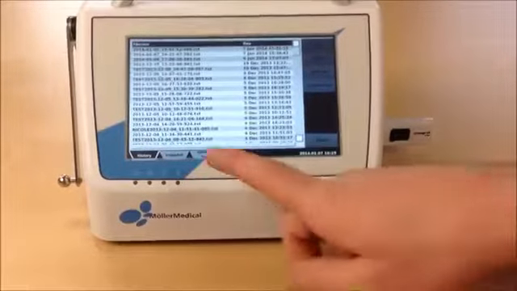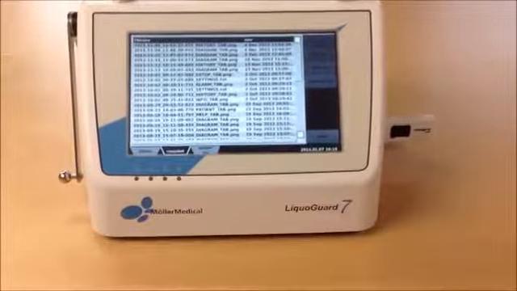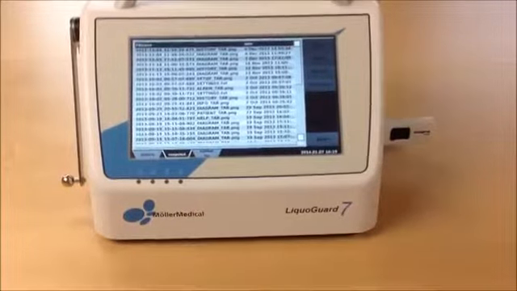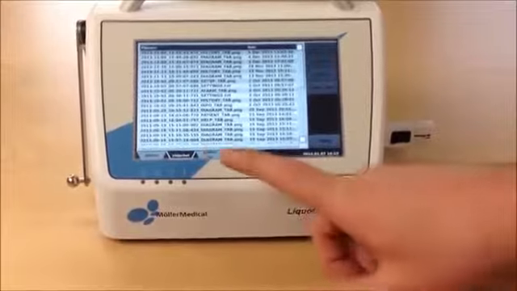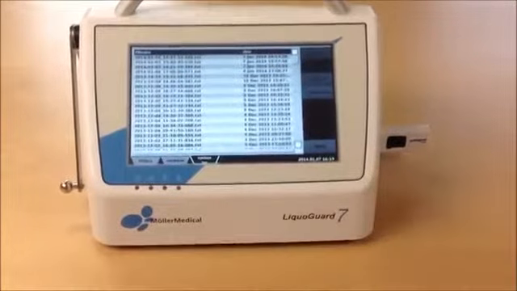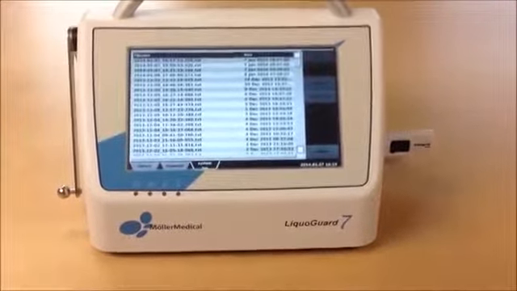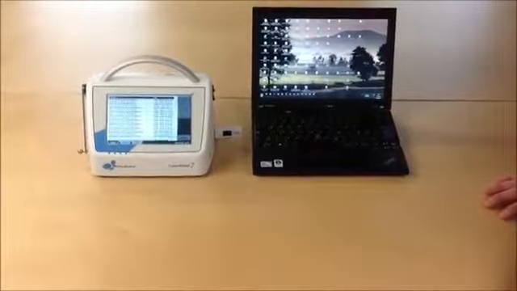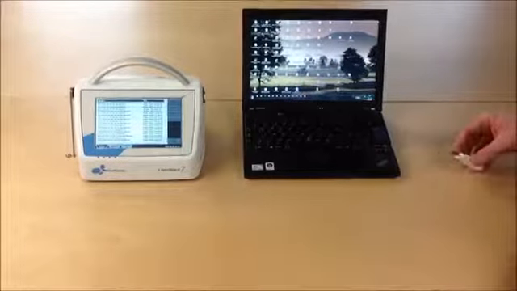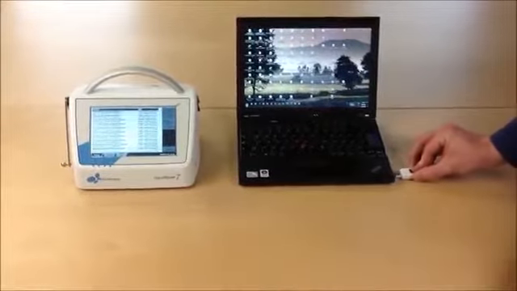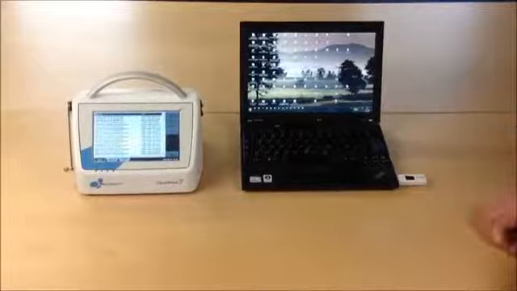Beside of this, we have the snapshots, which were created during the application with the printer button, and we have some special syslogs that can only be read by the manufacturer. After you selected the files you want to copy from the machine, we disconnect the USB stick from the LiquoGuard, we connect it to the computer,